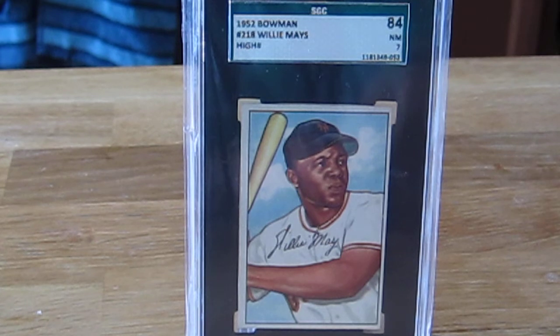52 Bowmans, I really like this set. They have the Willie Mays, of course, and they also have the Mickey Mantle, which is also a great picture. The 52 Bowman Stan Musial, however, is not a good-looking picture. They must have switched artists or something, but that's why I went for the 53 color photo of Stan